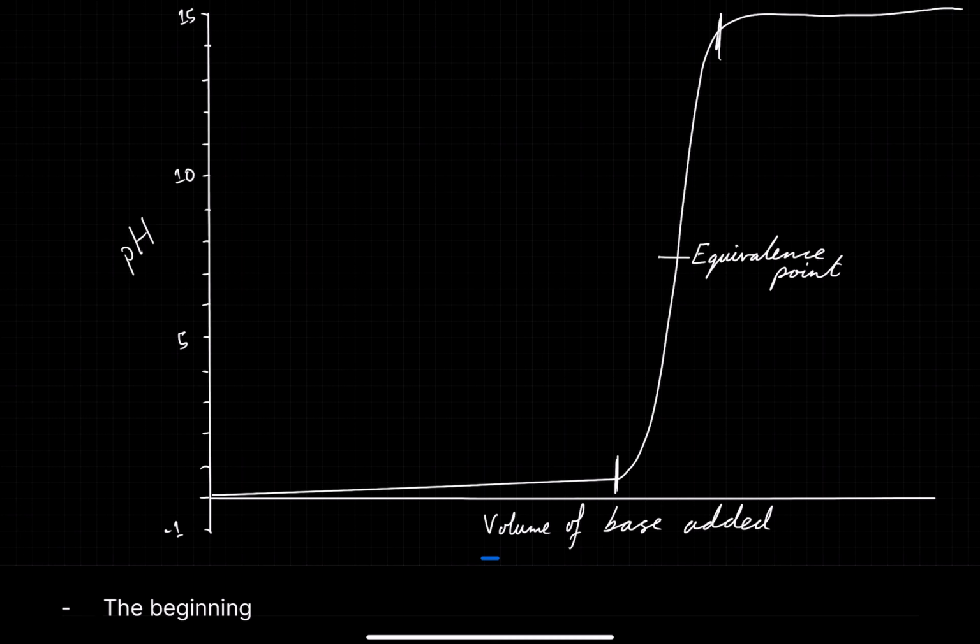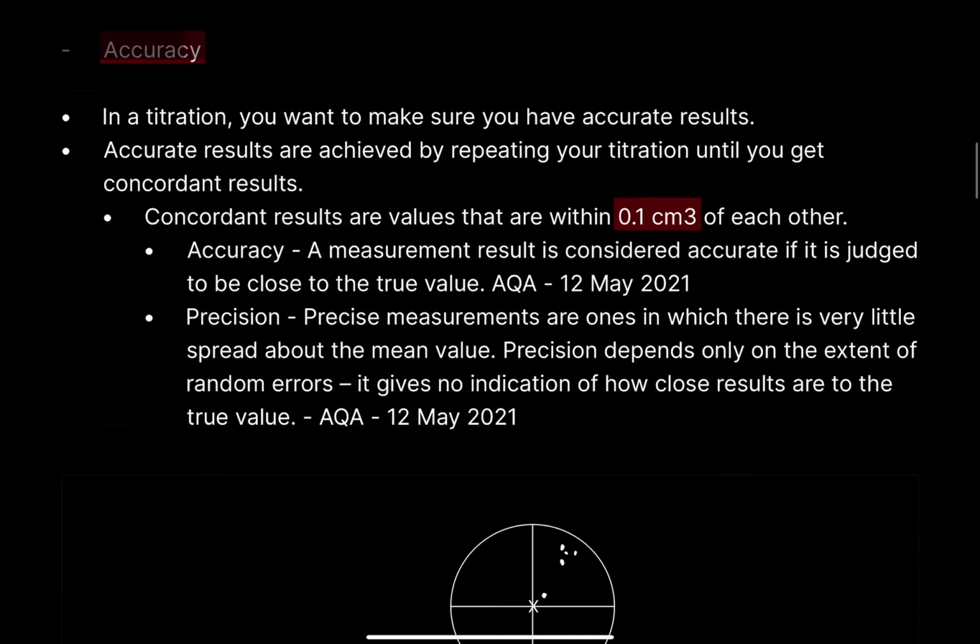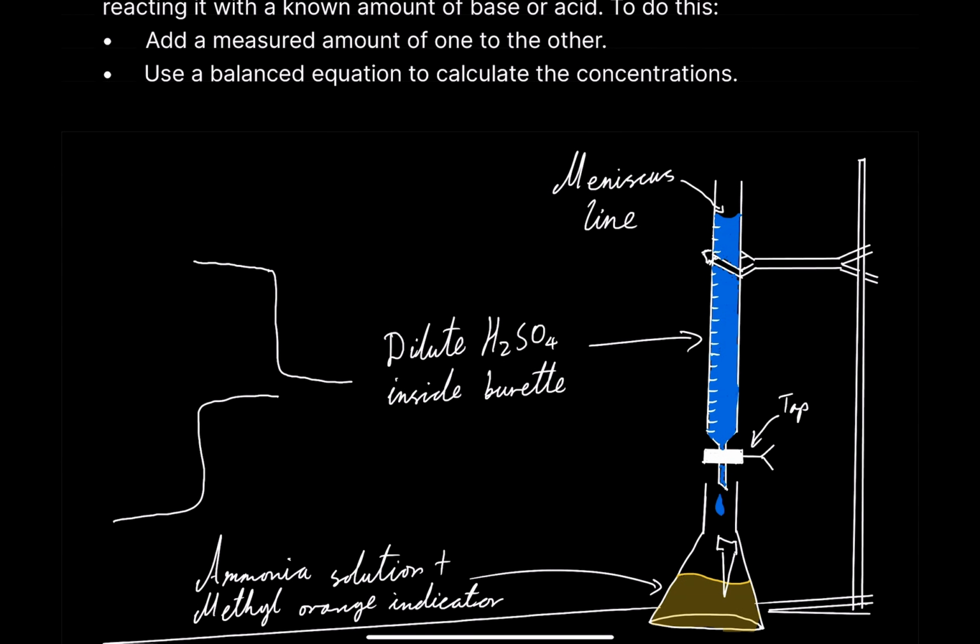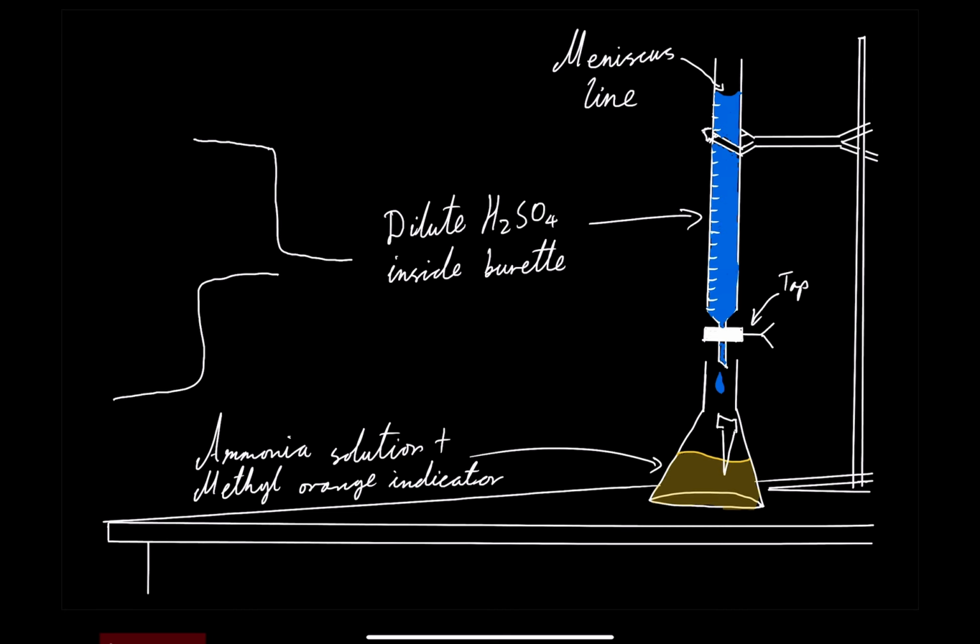And now, imagine this was flipped. This was the base and this was the acid. The same principle applies here, just a different way around. Actually, I'll just say how it is so that I don't confuse you too much. Let's just keep it as it is. This is the sulfuric acid, and this is ammonia base in